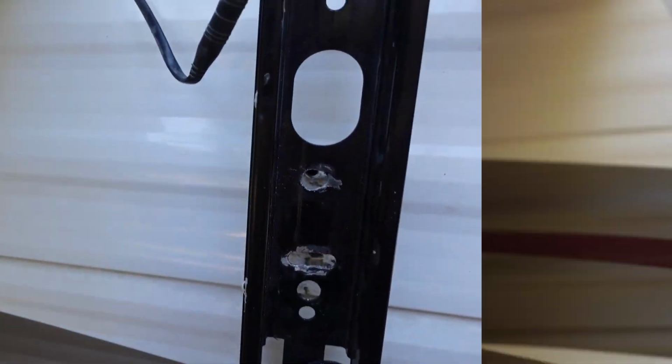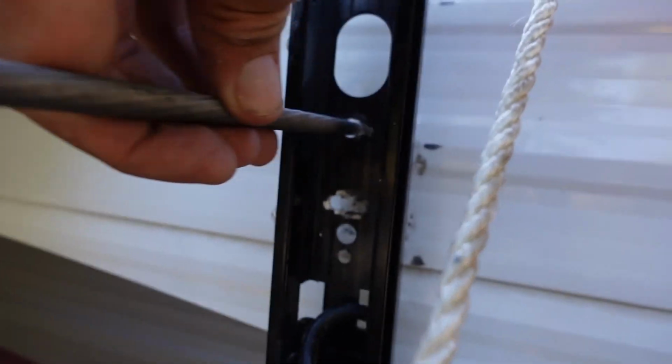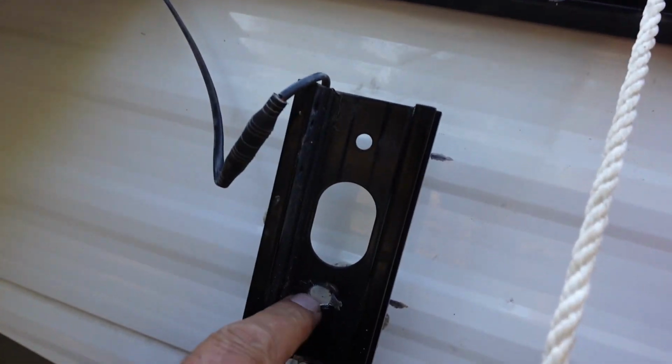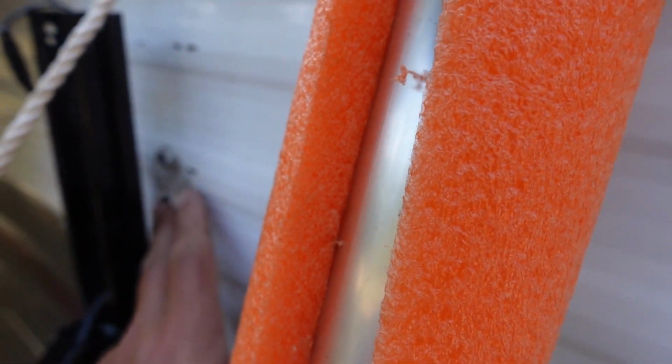All right. Anyways, I will come back. I will show you the finished product though. Here's what I've done so far. I took a rat tail file and I ovaled out this hole right here, the one that I did, and that way when I go ahead and put this back in, I can align it up to where I need it to be. Get that in there, get it tight, and of course I'm going to put butyl tape back here. I'm going to plug these ones up really good with butyl tape,